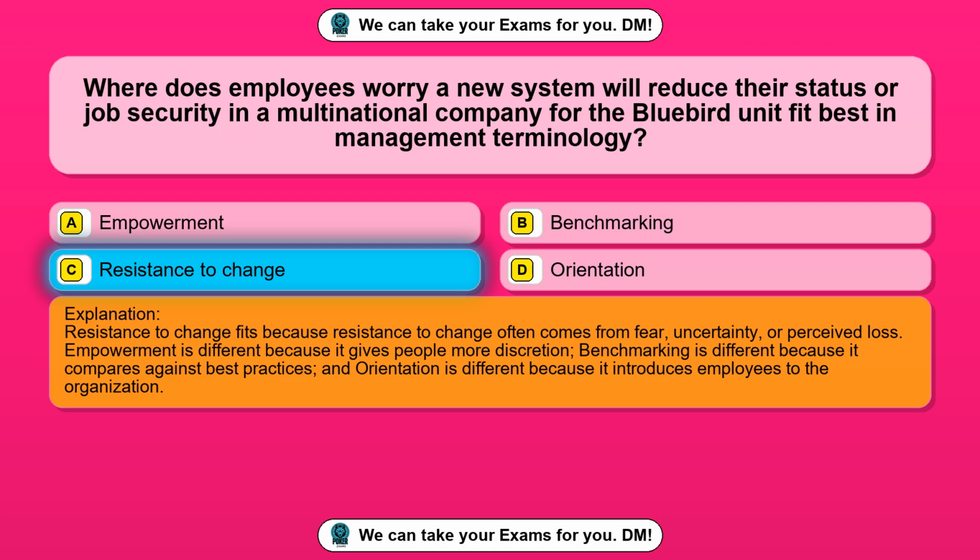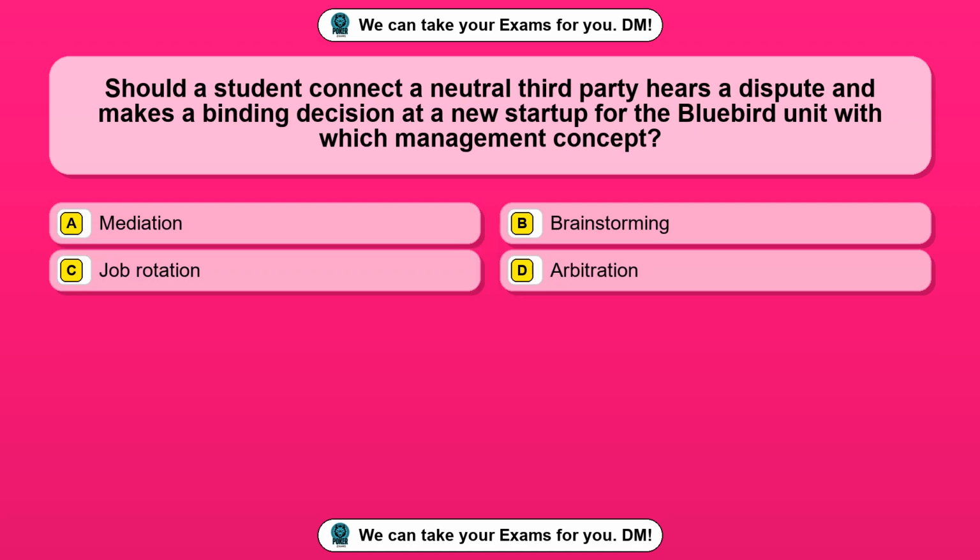Resistance to change fits because resistance to change often comes from fear, uncertainty, or perceived loss. Empowerment is different because it gives people more discretion. Benchmarking is different because it compares against best practices. And orientation is different because it introduces employees to the organization. Question 80. Should a student connect a neutral third party hears a dispute and makes a binding decision at a